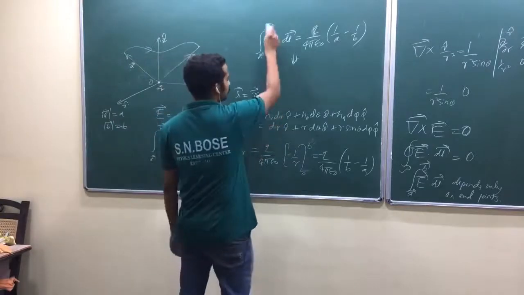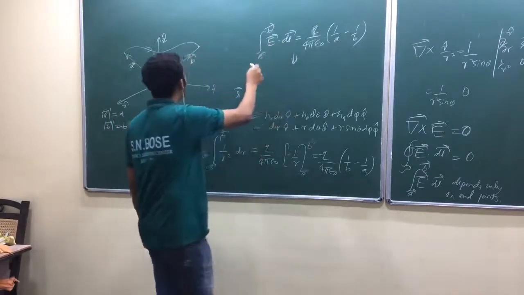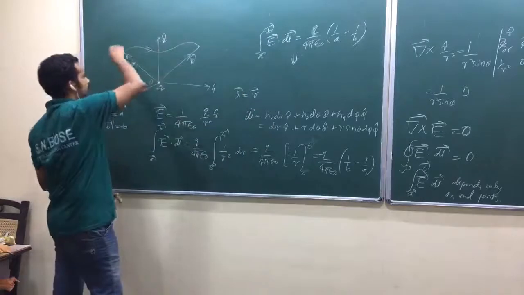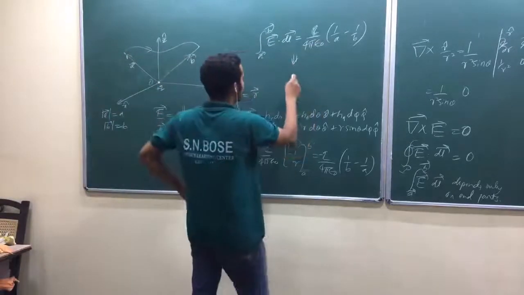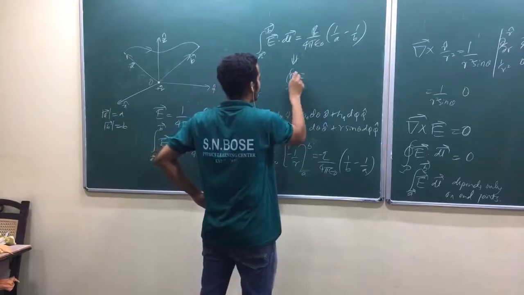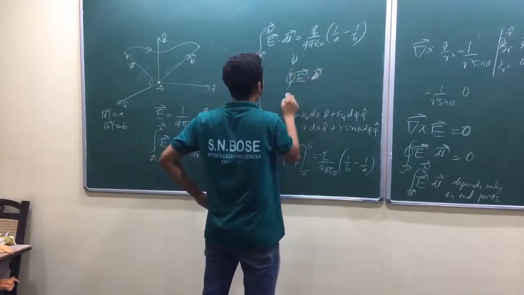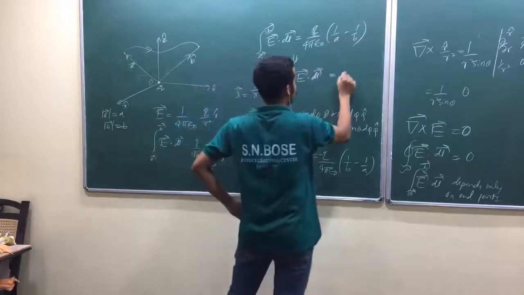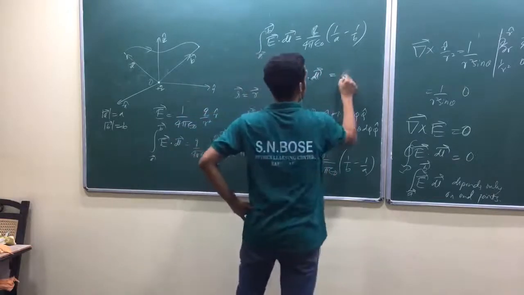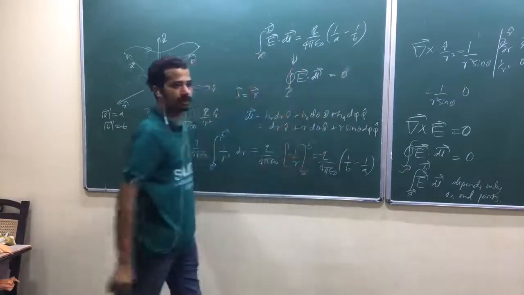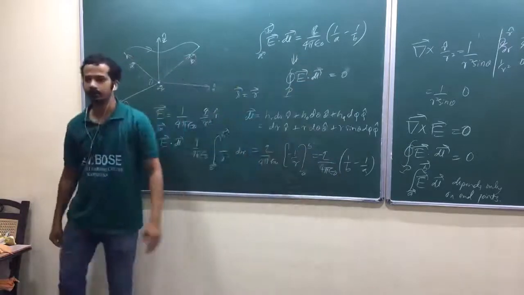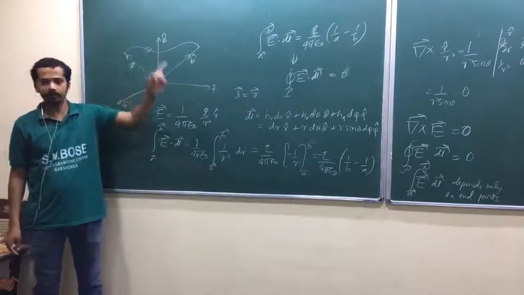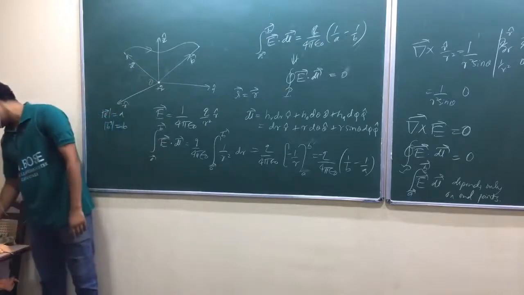So now, once you have shown like this, suppose A equal to B, suppose you are taking a closed path and you are coming to the same point, then this part is equal to 0. So the closed path integral of E bar dot dl bar is equal to 0 for any closed path. Am I right? When A equal to B, it will become a closed path. You are starting from the point and you are ending at the same point, and that will be 0.